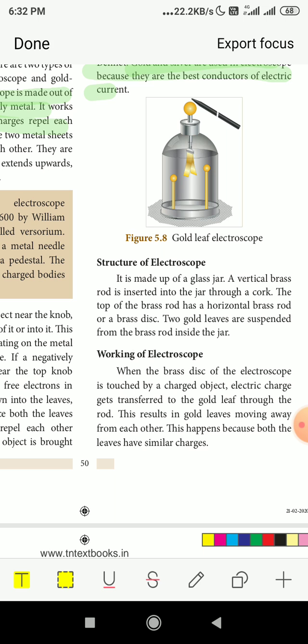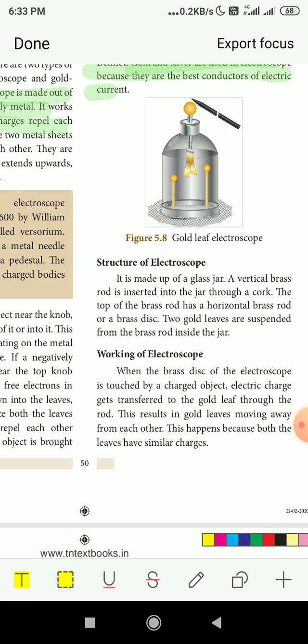So from the knob when it is coming down to the end of the brass rod, there are two leaf-like gold leaves. Working of the electroscope: how does this work? When the brass disc of the electroscope is touched by a charged object, any charged object,